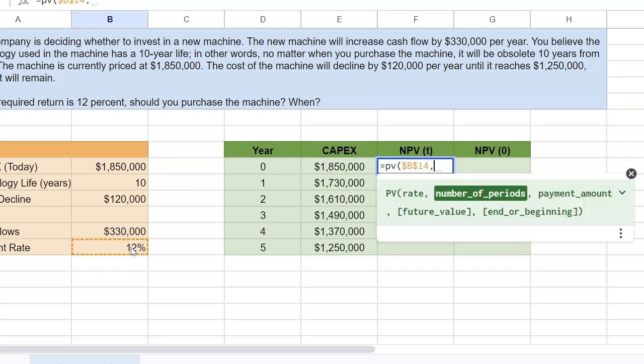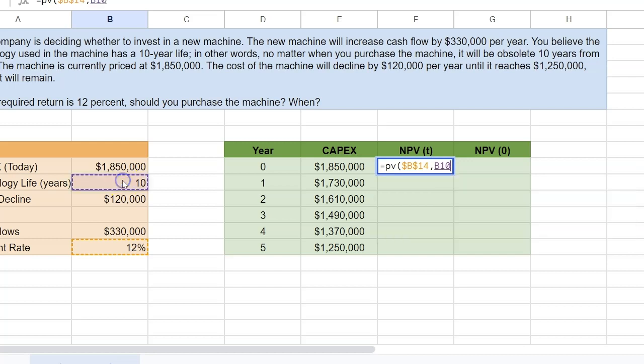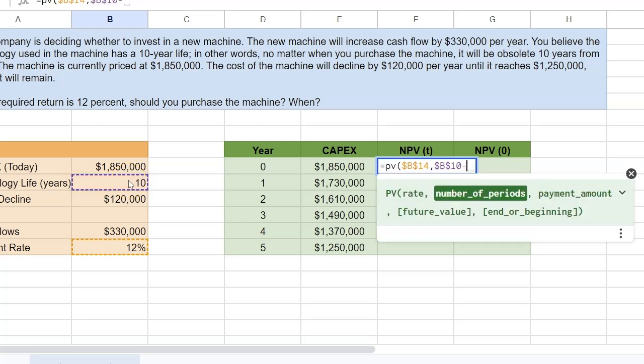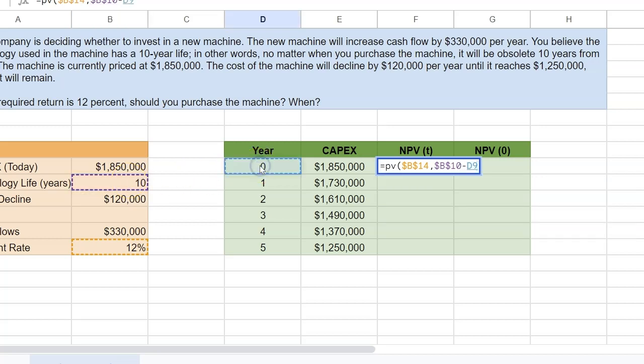Now I'm going to write this as equal to 10, which is the useful life of the technology, but I'm going to subtract the number of time periods that have gone by since today. Of course, it doesn't matter if I'm making the investment today because I'll be subtracting 0, but the benefit of this is that as I copy this formula for, say, next year, it will automatically adjust this number to, say, 9,